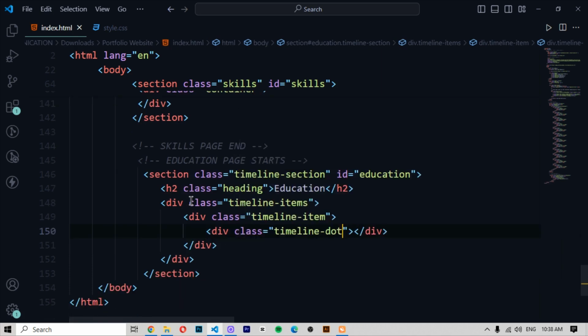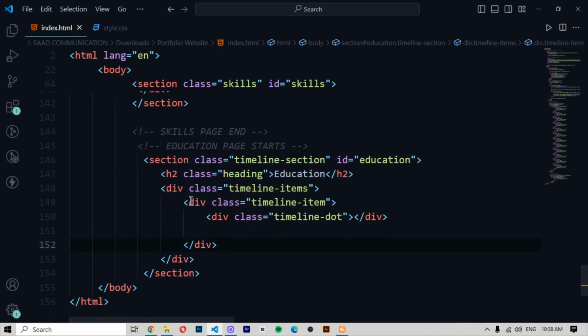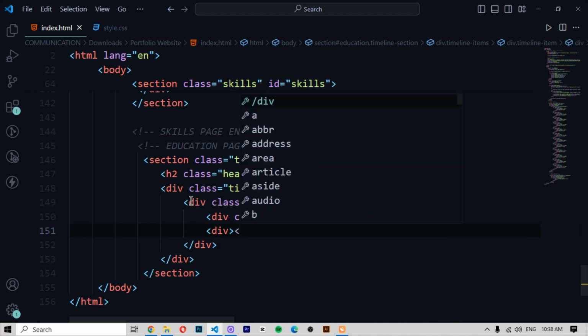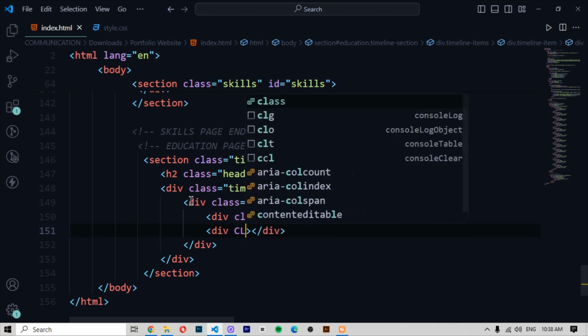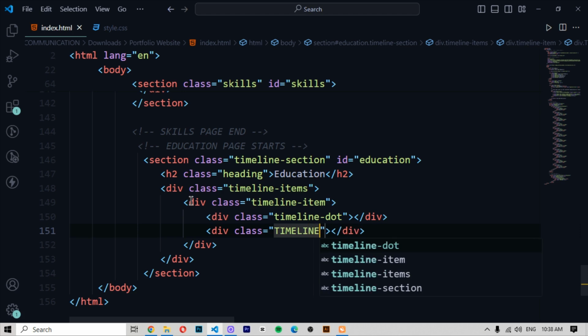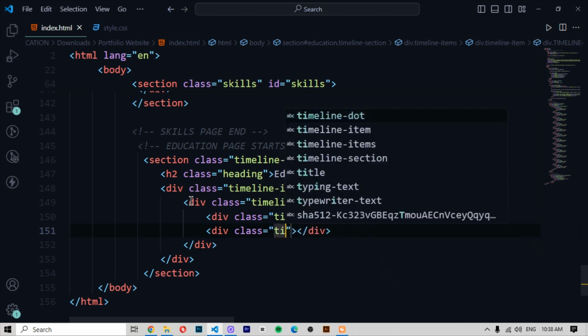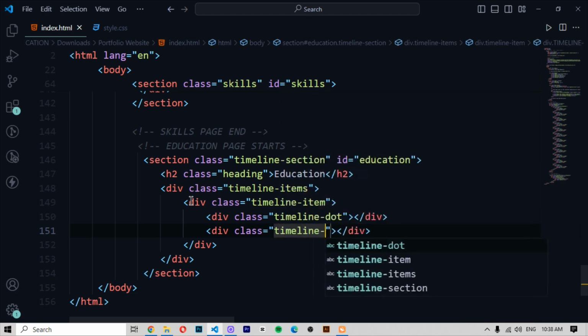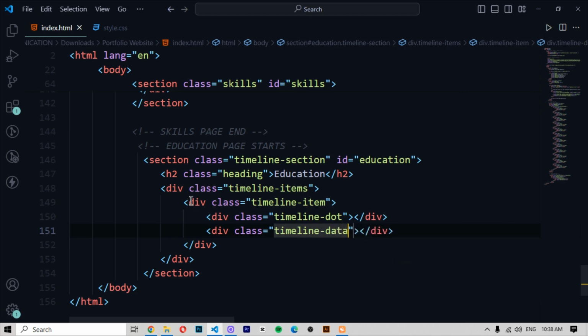Okay, we do not close this div. Press enter here, space it, and then give a div. When you give this div, the class will be timeline date,